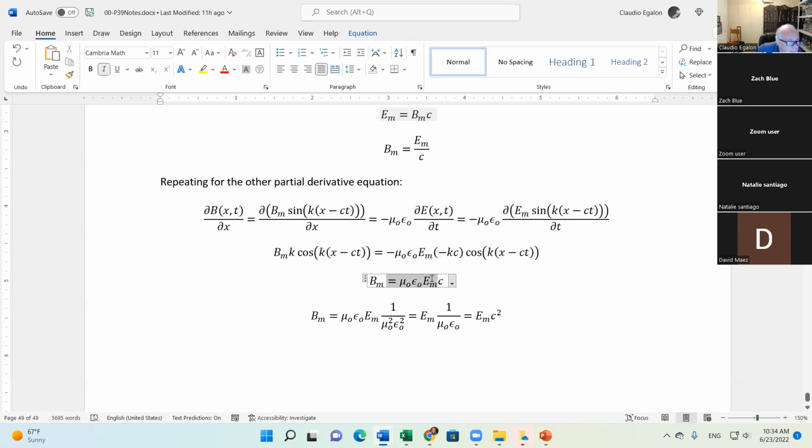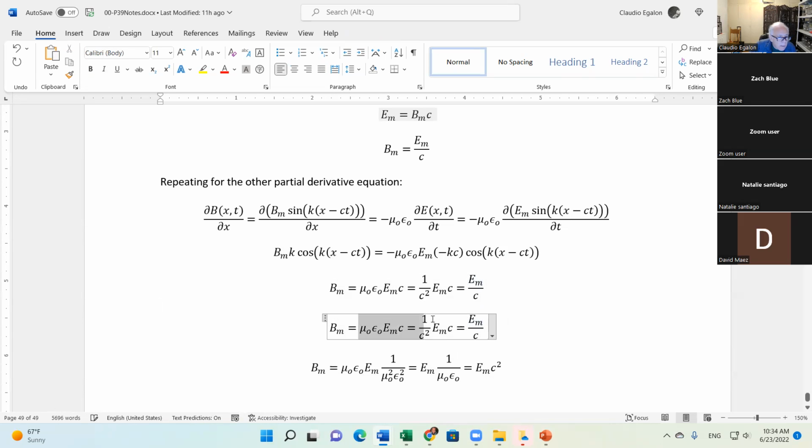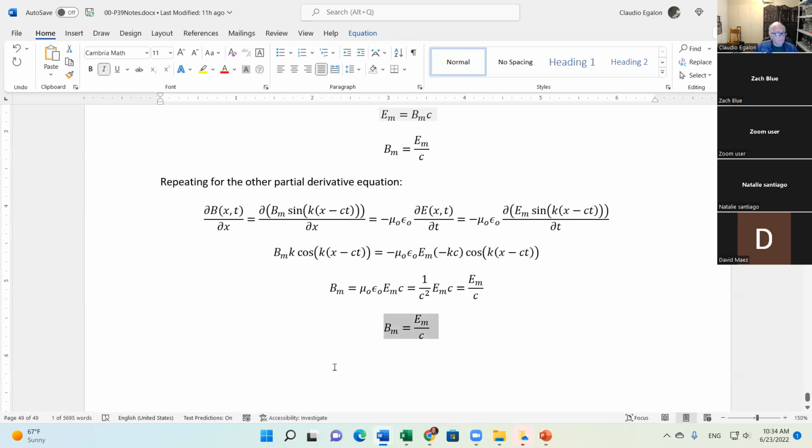Okay, here you go. Yeah, I made a mistake there in the conversion of mu naught epsilon naught. This guy here is 1 divided by c squared. I was mixing that up, right? And now c squared cancels with c. And E becomes something like that, and we get exactly what we got before. Using two different equations from two different Maxwell's equations, we get the same result.